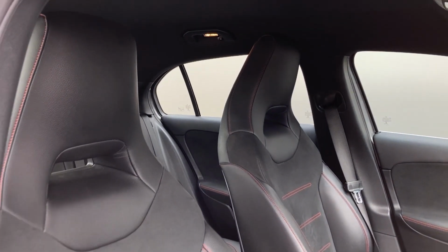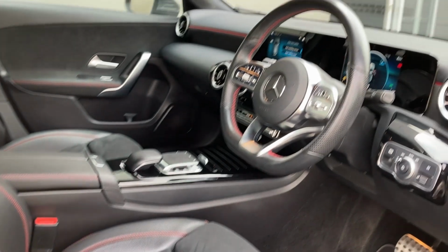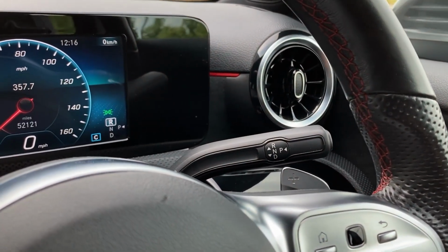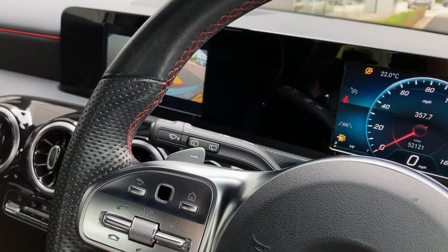Entering into the front of the cabin, we can see the front seats, which, as you can see, are in fantastic condition. As we turn now to the multifunction steering wheel, we can see the cruise controls, gear shift paddles and the gear selector, digital gauge cluster display, and the hands-free